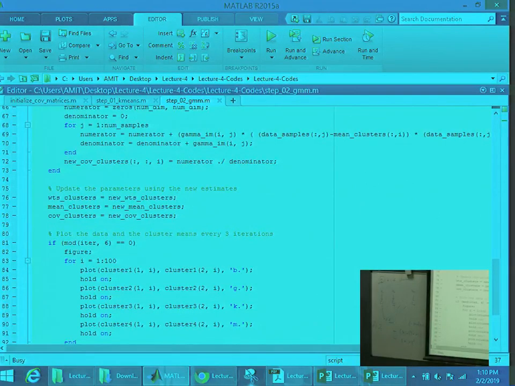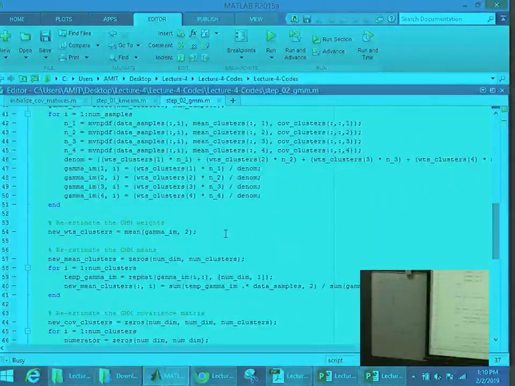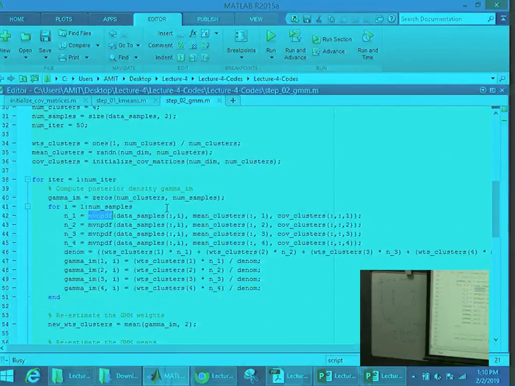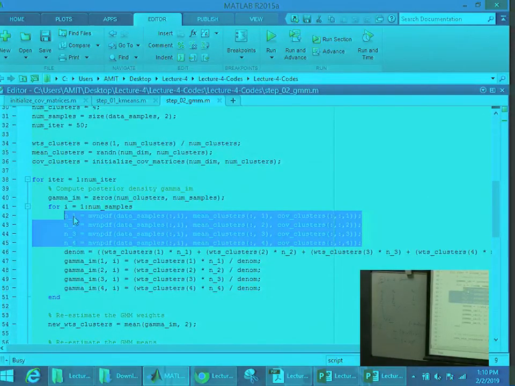This will take more time, because this will involve calculating the density function, the 1 by root 2 pi power d times the exponential, which it calculates a lot of times. Intentionally I have not vectorized this, because I want it to be easy to understand. If you want, you can keep this as a starting point and vectorize it. That's why I have written a lot of lines here instead of using a for loop, just for you to understand.